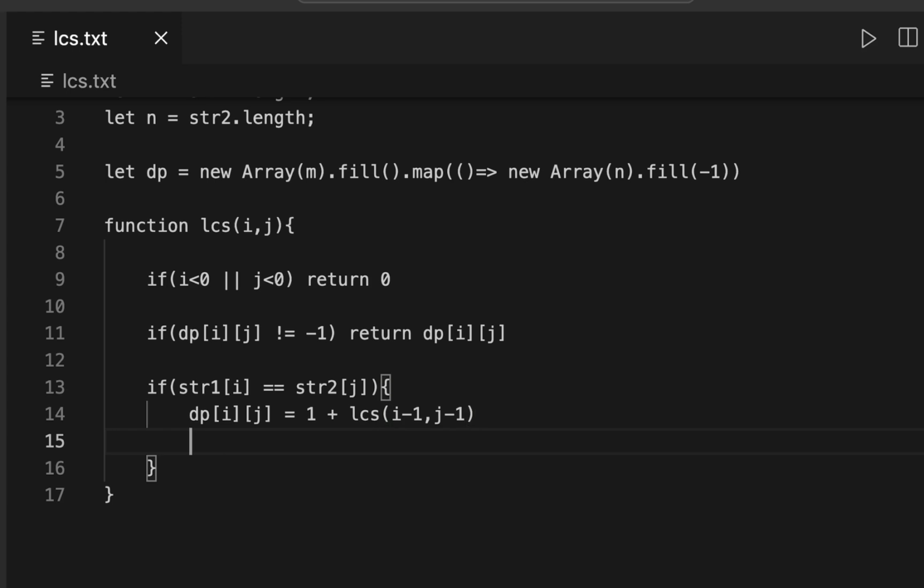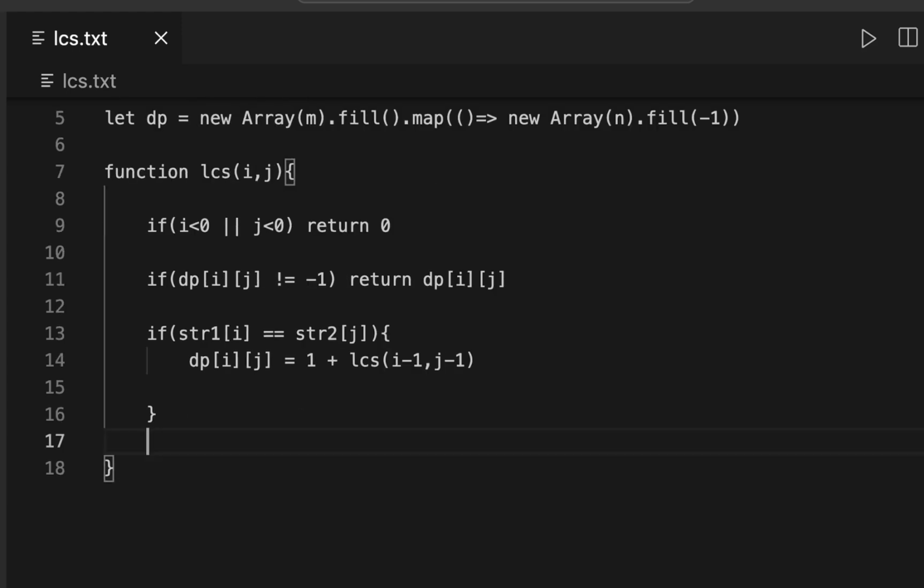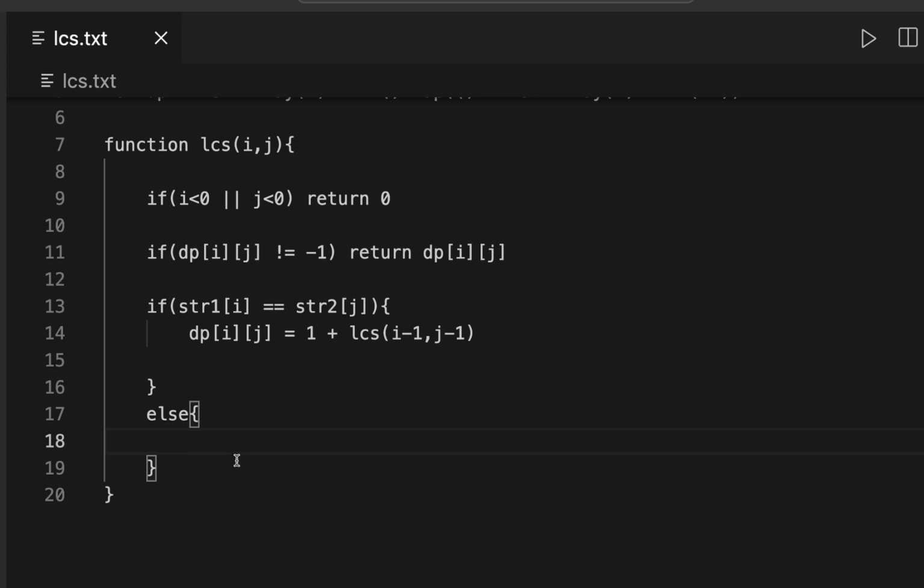So I have stored it in DP. In the else case, if they are not equal, then DP of I comma j will not be 1 plus, it will be 0 plus